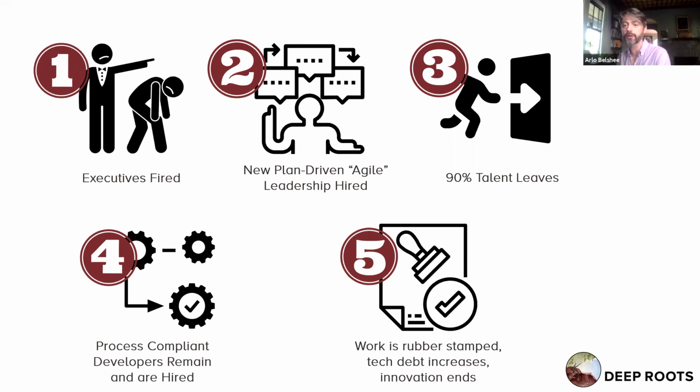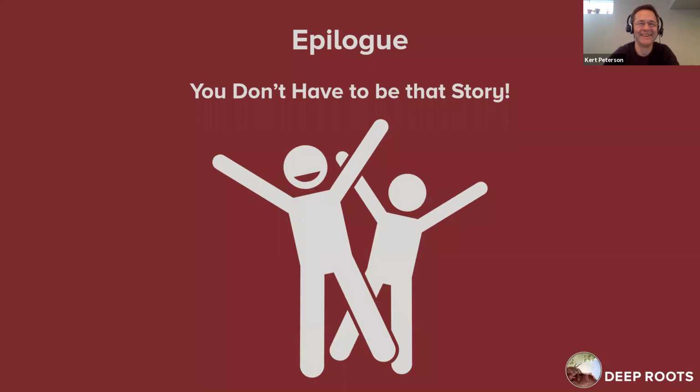And the whole time, the product owner organization, everyone was aligned on it. That's why it's an interesting case study, because it's one of those of, wait a minute, everything we say we need, this team had. Why didn't it work? So let's look into that. Great, let's do it. Epilogue. You don't have to be that story, but the question is, how can we avoid that?